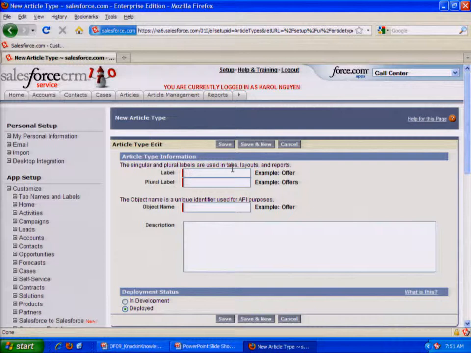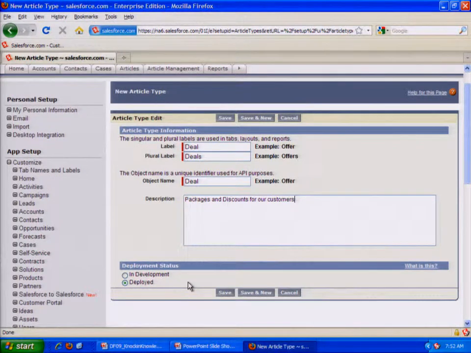Okay? We have to give it a label. In the label, I'd like you to type in deal. D-E-A-L, deal. In the plural label, you can probably guess what I'm going to have you put in, deals. The object name will automatically populate, so you don't need to worry about that, but I would like you to put in a description. Deals and specials on offer to our customers, or something along those lines. So the label is deal, the plural label is deals. Object name will be automatically filled in, and we'll give it a description of deals and specials offered to our